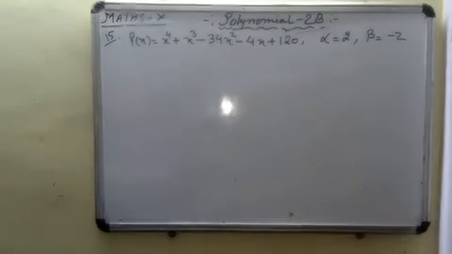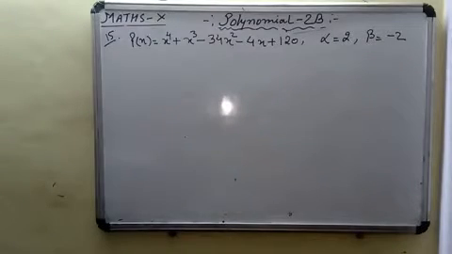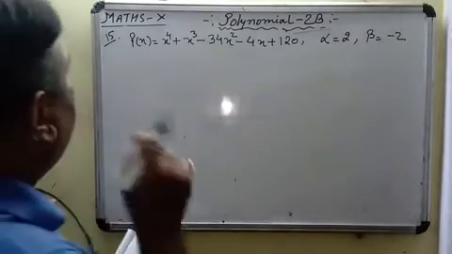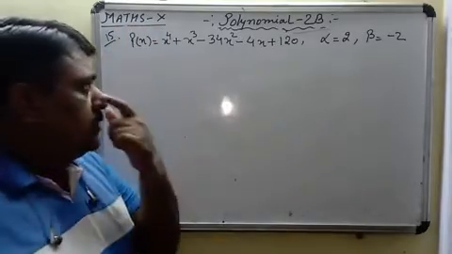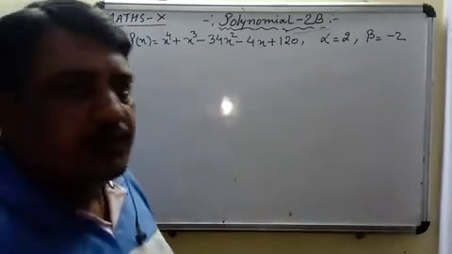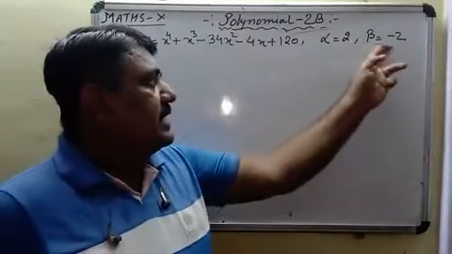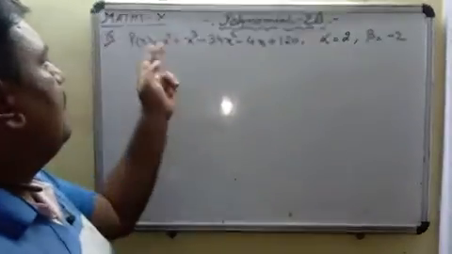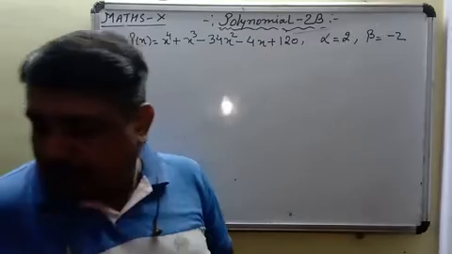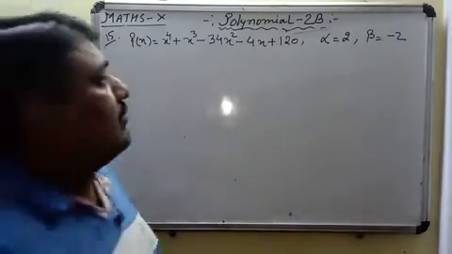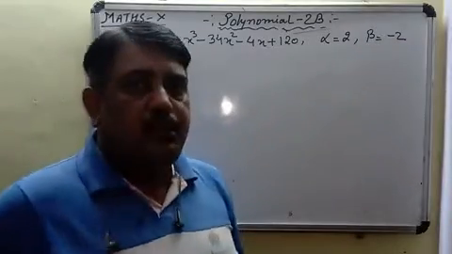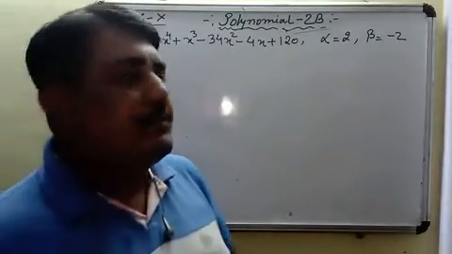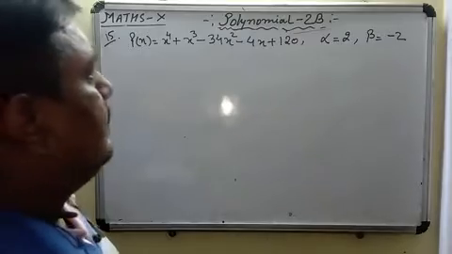So the two zeros are given to us and we have to find out the rest of the two zeros, because we know that the degree of this polynomial is 4. So this polynomial must be having four zeros. Here we are given two zeros and we have to find out the rest of the two zeros. So starting our procedure, we know that if alpha and beta are given, we can frame a quadratic polynomial. We can form a quadratic polynomial.